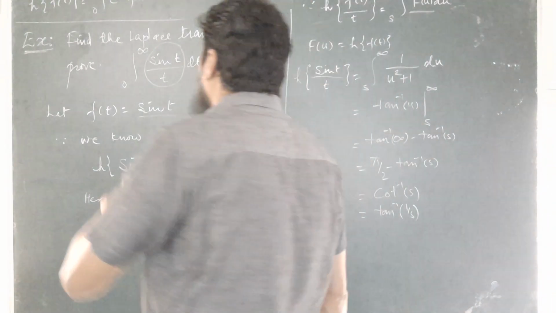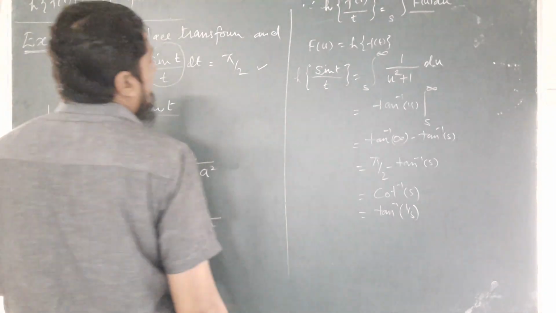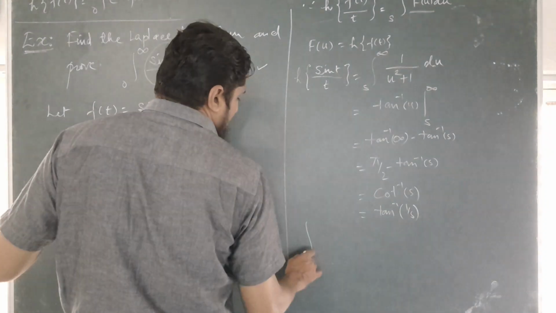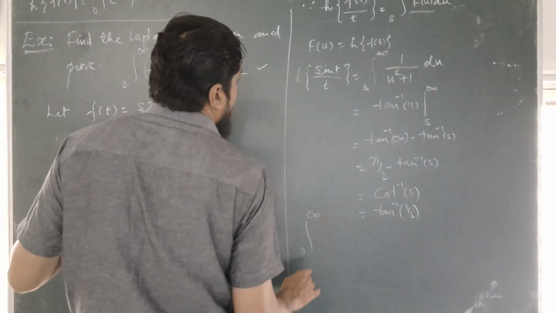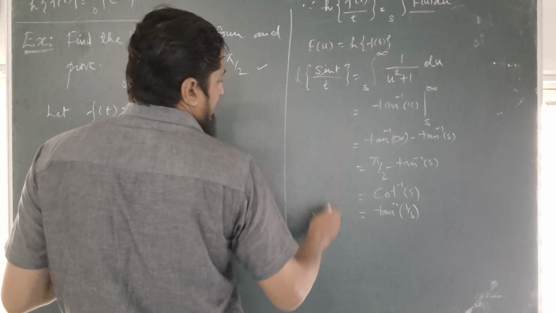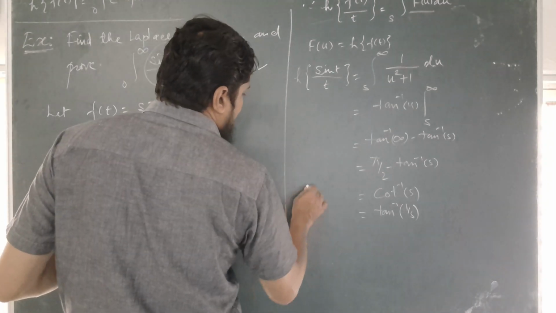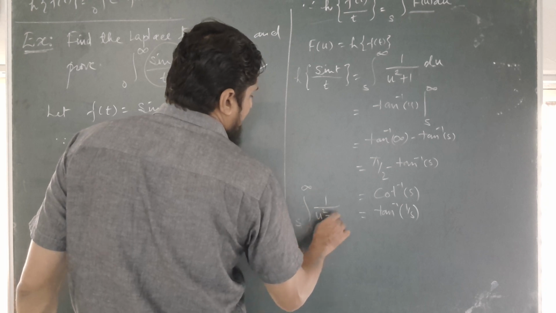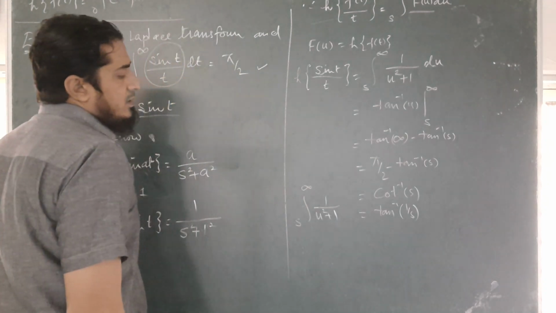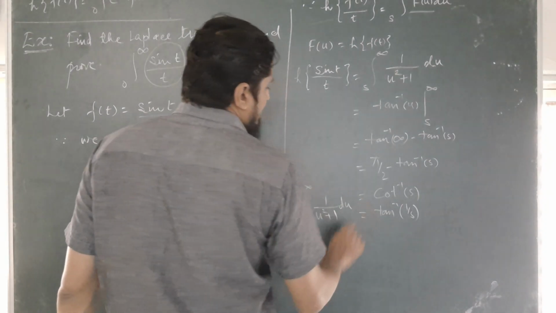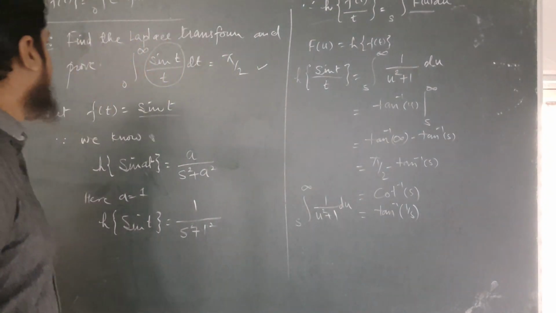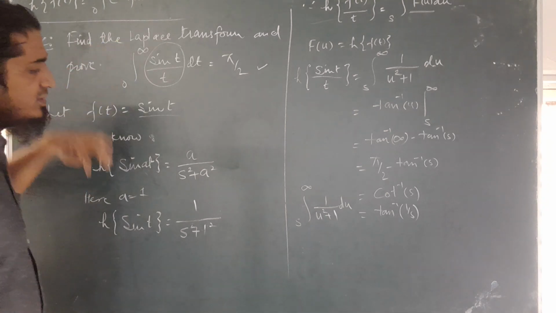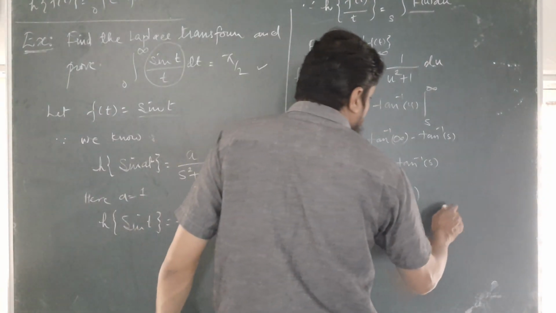So we will get integration from 0 to infinity. Here we have integration s to infinity 1 upon u square plus 1 du is equal to 1 upon s. Correct? But we want integration from 0 to infinity, so putting